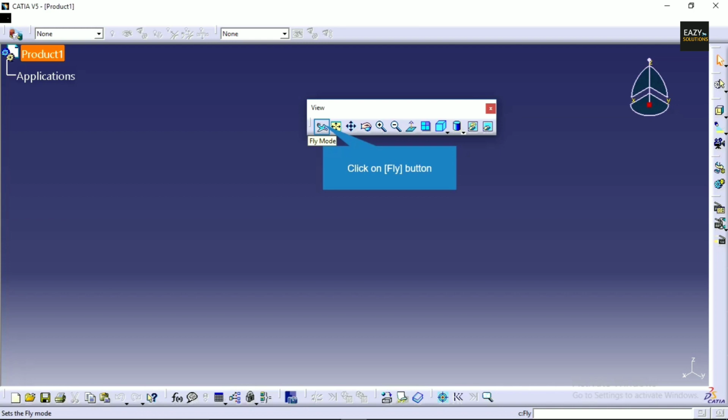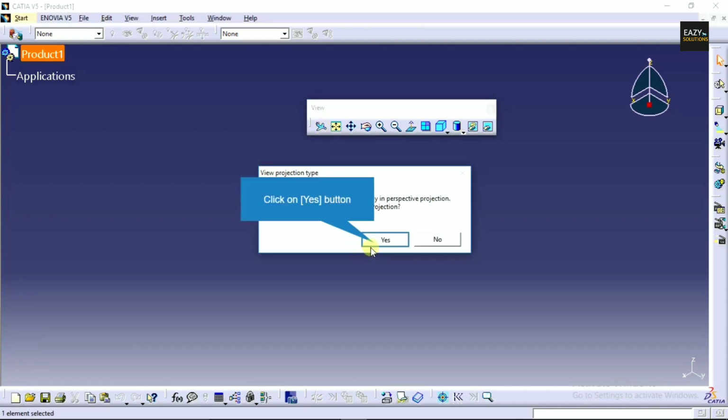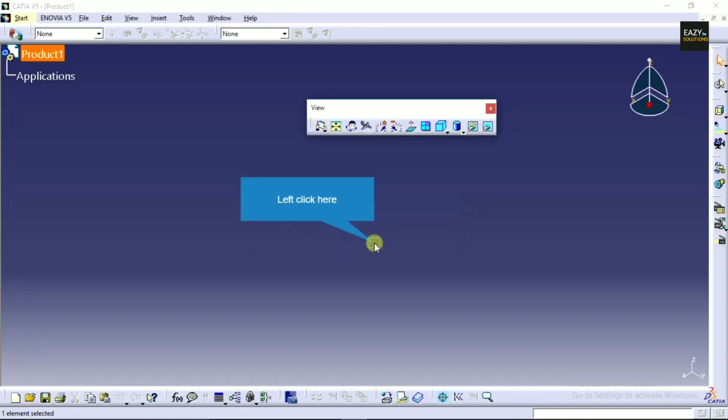The first option is the flying tool. This option is like you are sitting in a plane and reviewing your drawing.